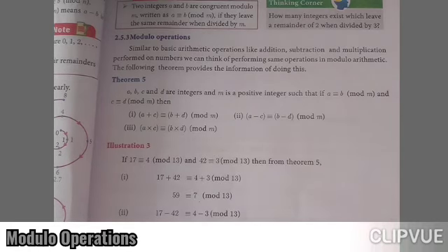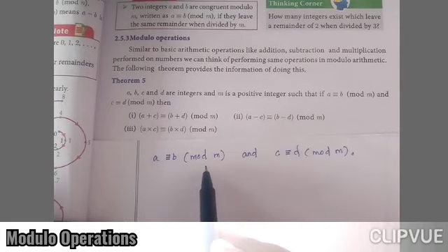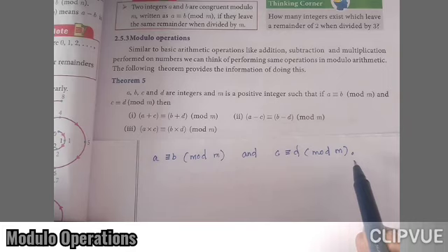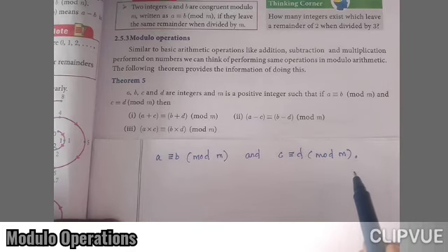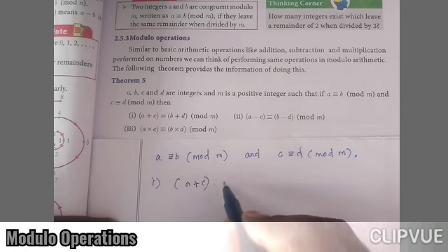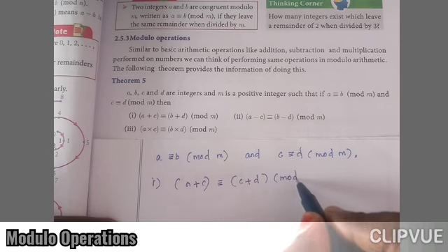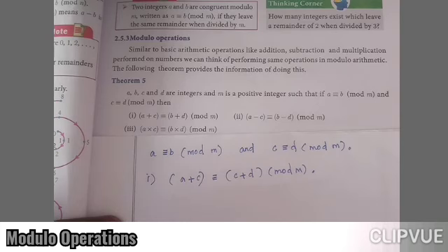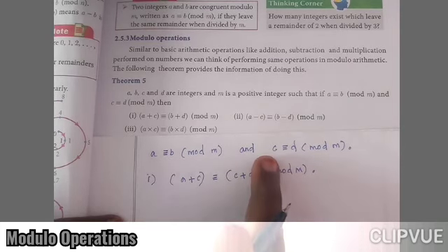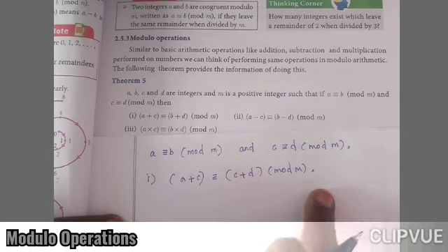So this is the plus operator. Listen, A is congruent to B mod M and C is congruent to D mod M. The divisors are the same, that is M. So we can write A plus C congruent to B plus D mod M. I hope you understand. On the left hand side A and C, when you add them, you can add on the right hand side also. The divisor is the same, so mod M.